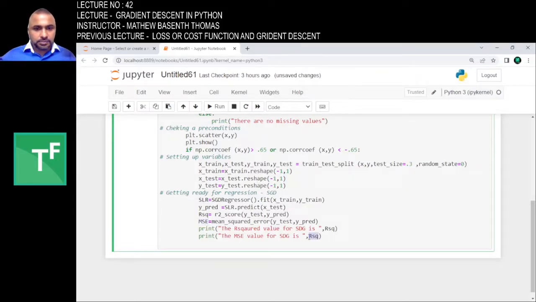Okay, perfect. That completes your SDG regression codes. This is the crux of it, right? If you have to perform the regression, this is what you need, and that is something you have already